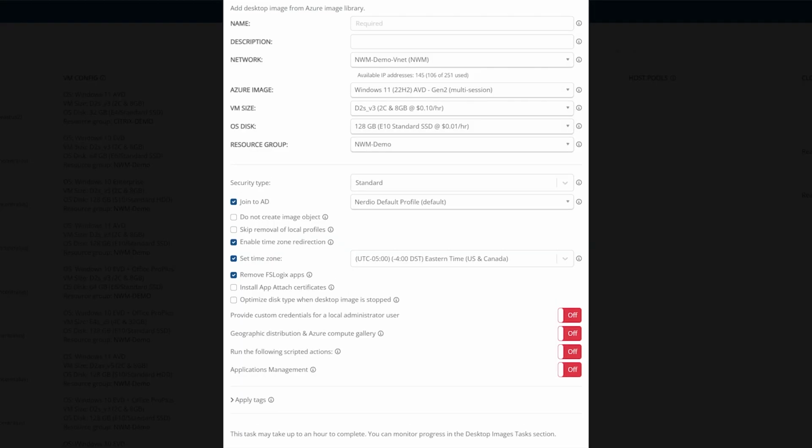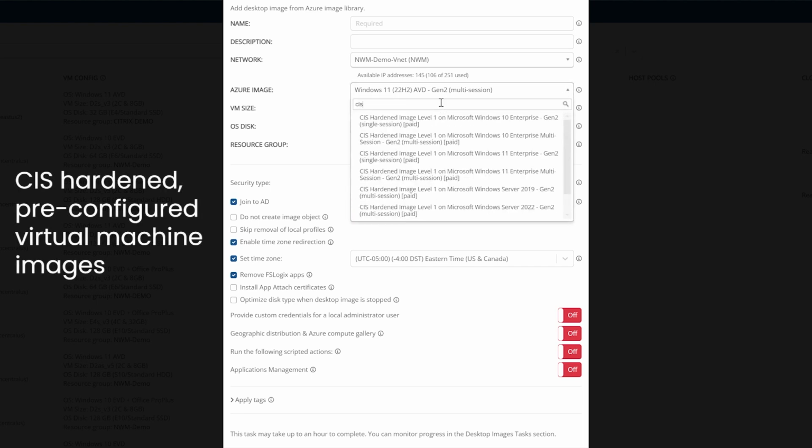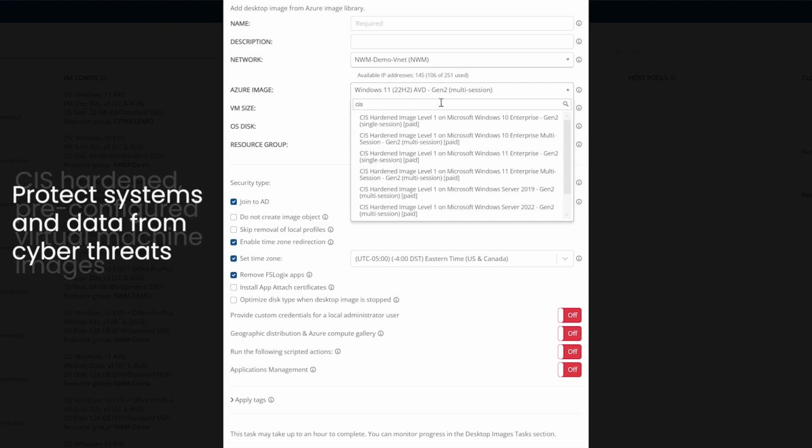You even have access to CIS-hardened images in the Azure Marketplace. These are pre-configured virtual machine images that adhere to the security benchmarks established by the Center for Internet Security, CIS. These benchmarks provide a standardized set of security recommendations and best practices to help organizations protect their systems and data